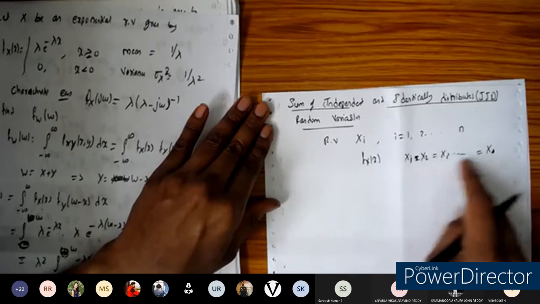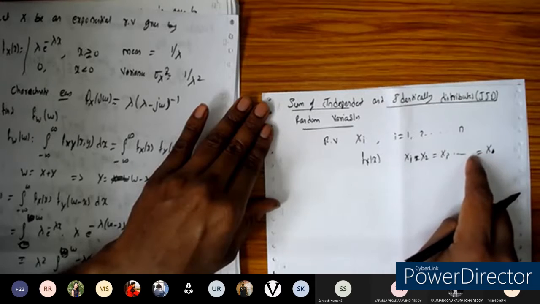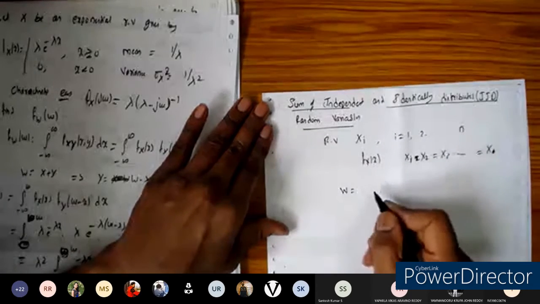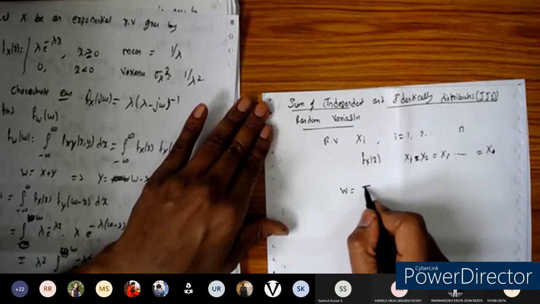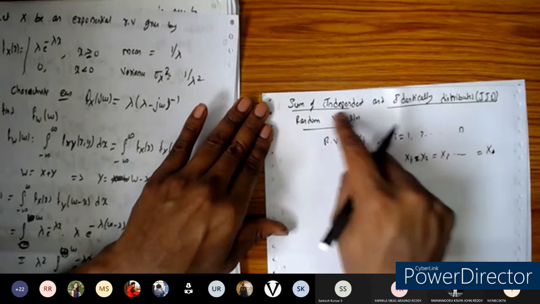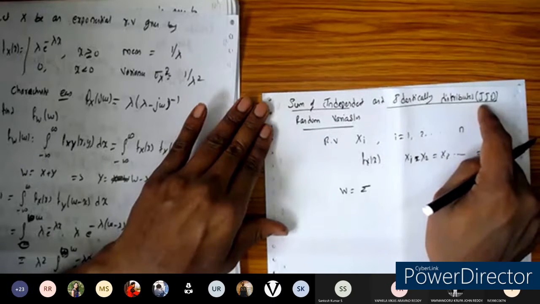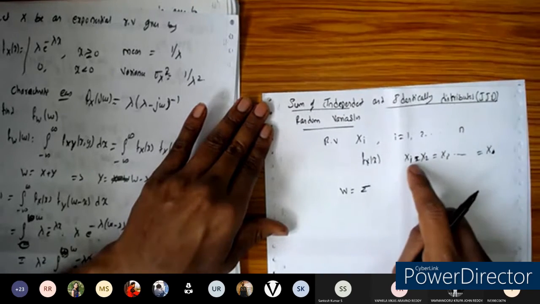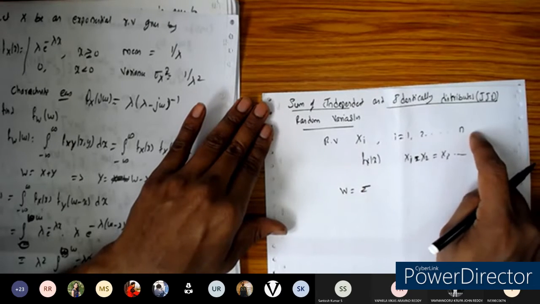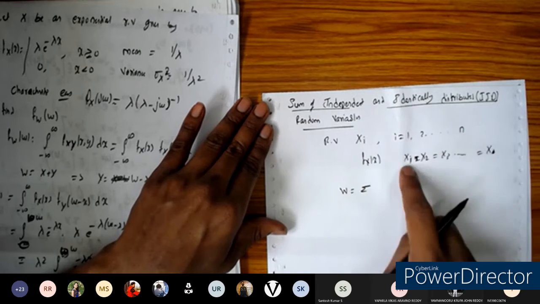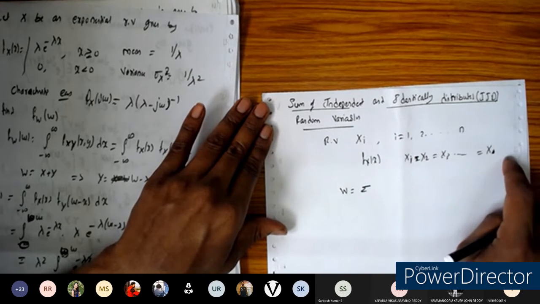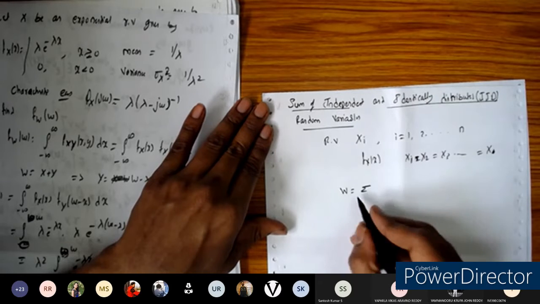For these random variables, we are going to take their sum, and I am going to introduce a new random variable called W. This is the IID case, independent and identically distributed random variables, where Xi takes i up to n. These are independent random variables with identical distributions, that is, X1 equals X2 and so on. For that, we are going to take the sum.